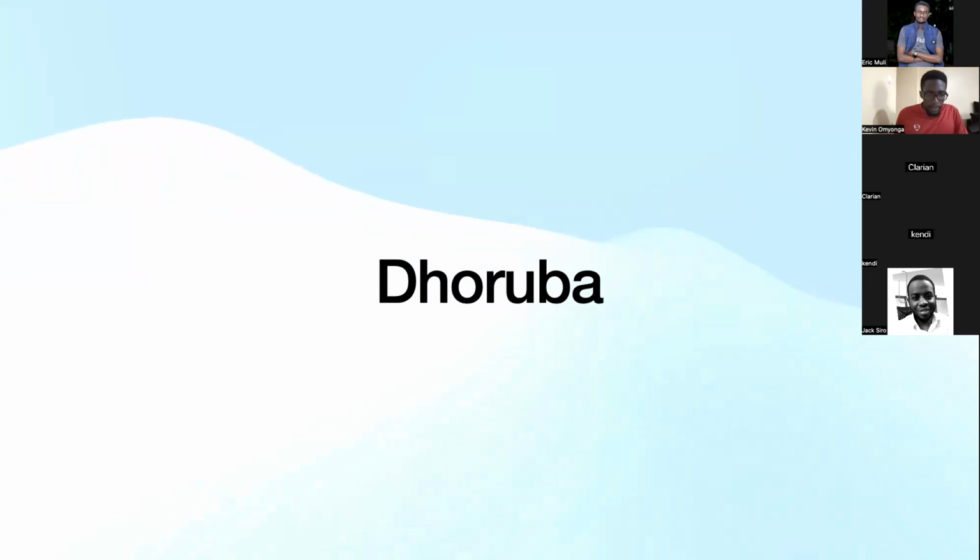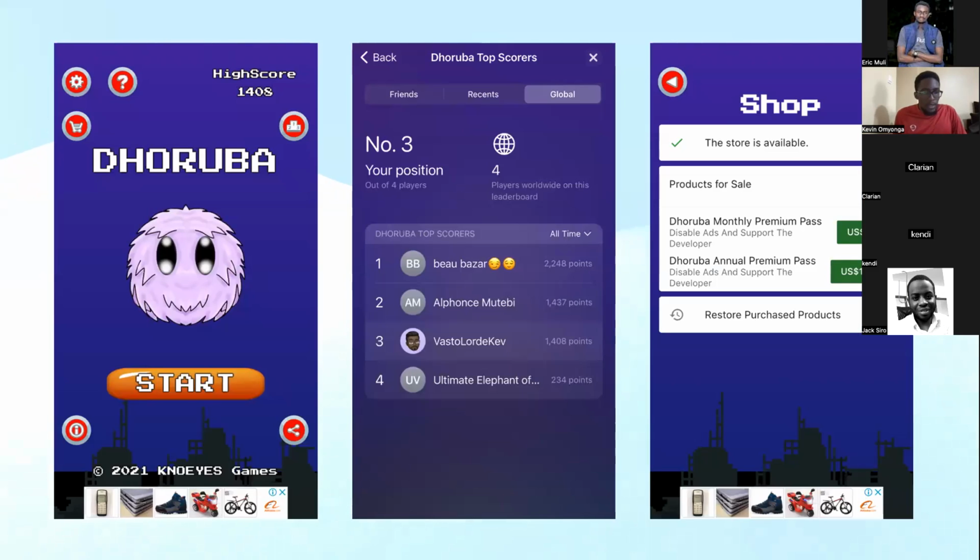A bit more with in-app ads. So you can see the ads showing up at the bottom. I added leaderboards. So it supports the Apple Game Center leaderboards and the Google Play leaderboards as well. And on top of that, I also added in-app purchases. So I found that with Flutter and Flame, it's much easier to add these components compared to if you're using Unity or Unreal.